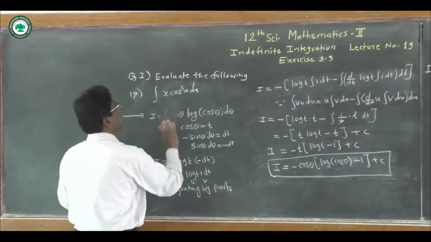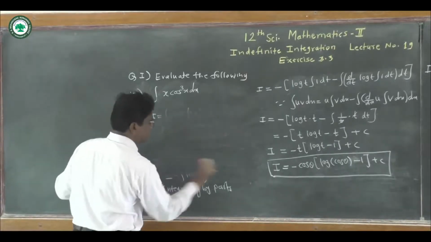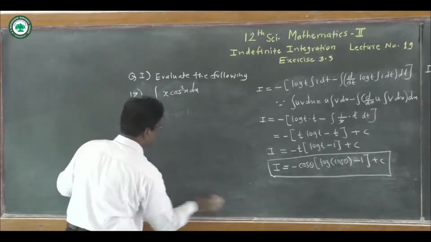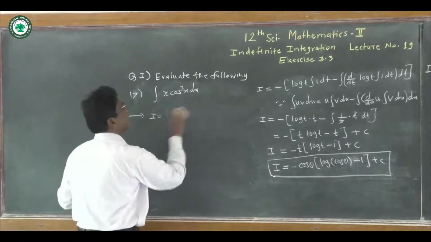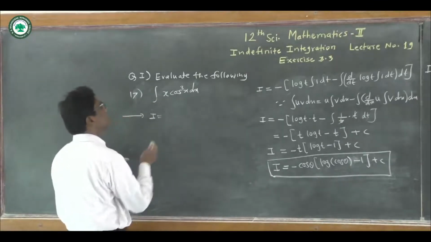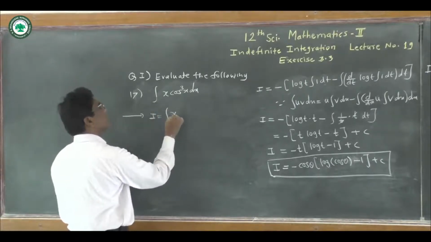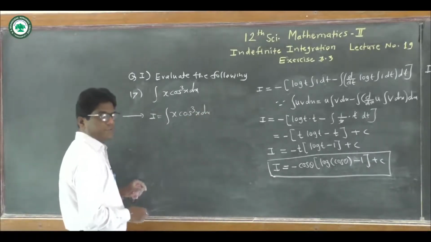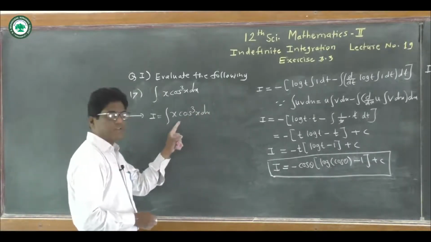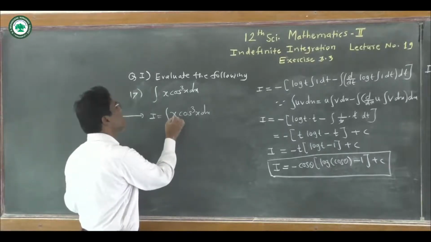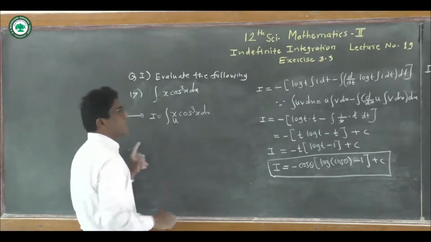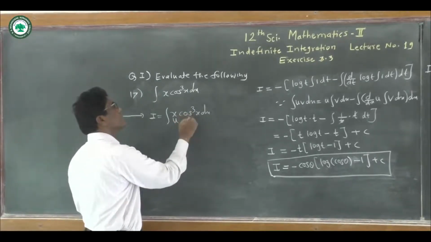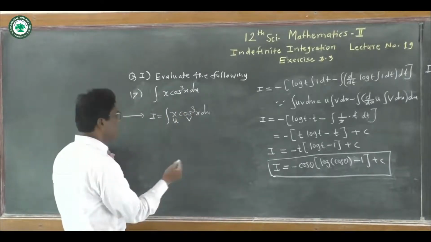So firstly we call this I, so I is equal to the integration of x into cos cube x dx. Now the choice of u and v: by the LIATE rule, L logarithmic, I inverse, A algebraic, T trigonometric, E exponential. Here x is algebraic, so it is u, and cos cube x is trigonometric, so it is v. And now integrating by parts,